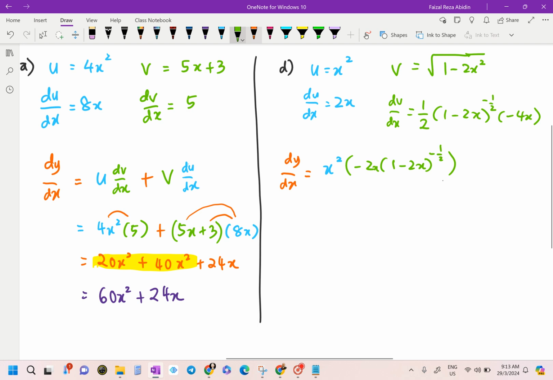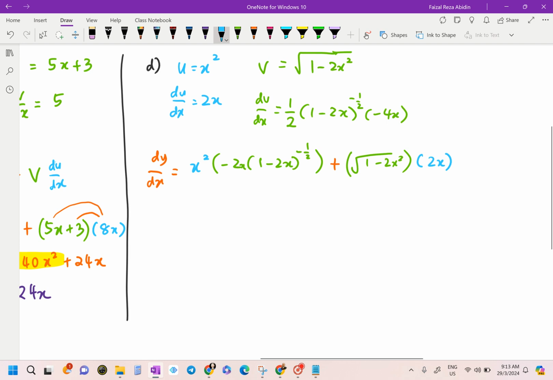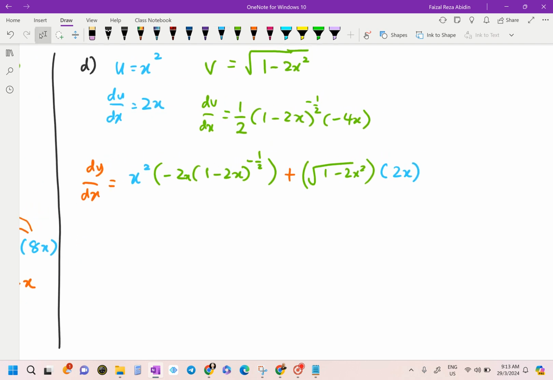And then plus v, copy back 1 over 2x squared, in bracket. And for our du dx over here, I'm going to get 2x only. So what happened next? If you look carefully over here, you are going to have 2x with our